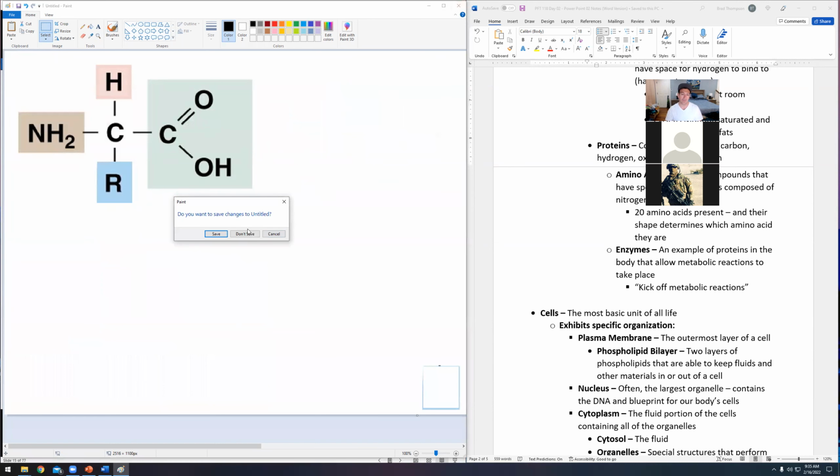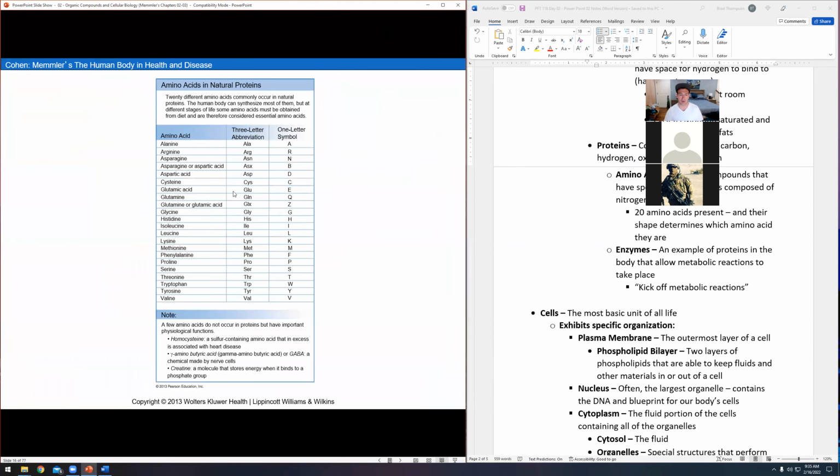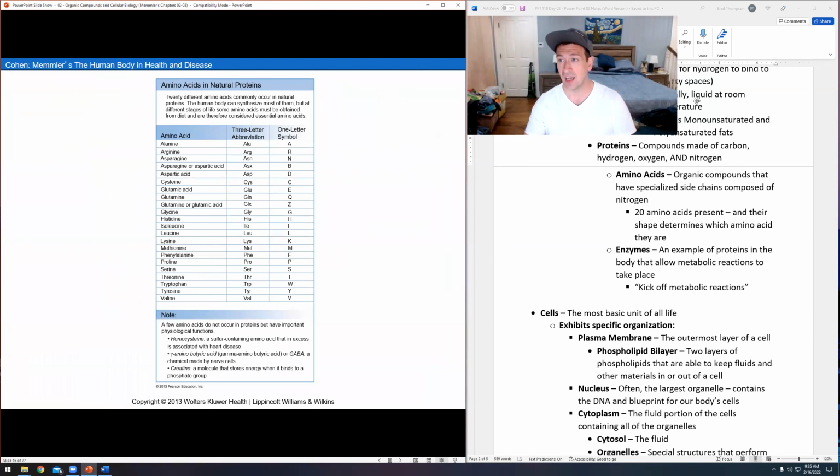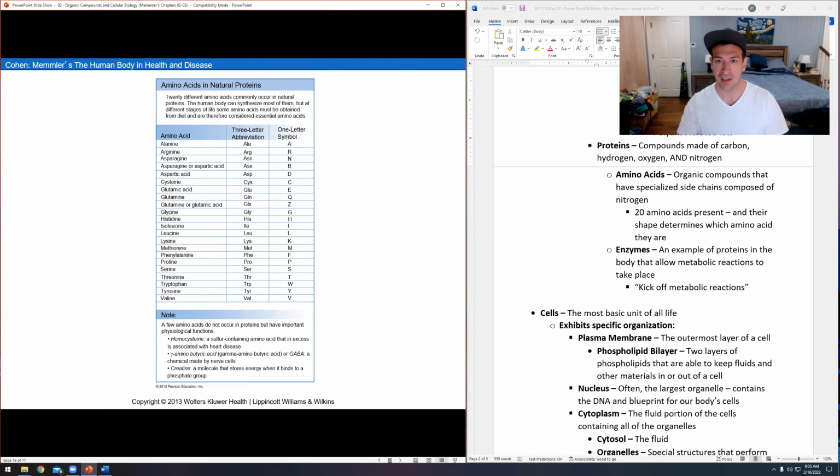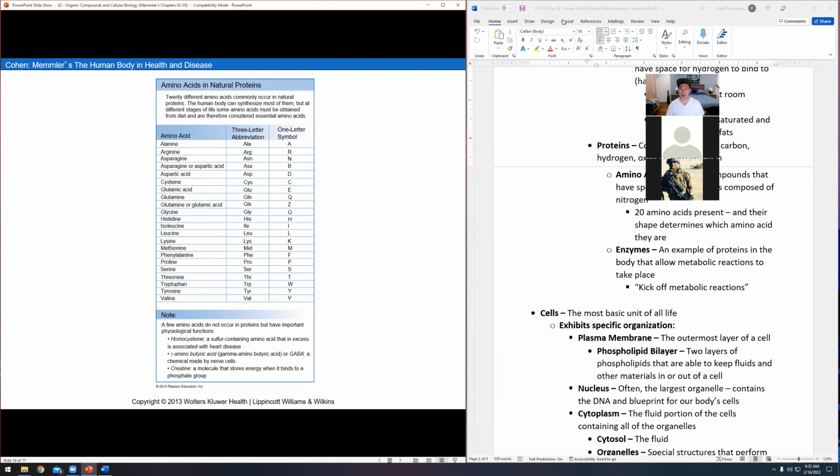So now, when we actually look at a protein, here they all are. Here are your amino acids. That's the list of 20. You guys do not need to memorize this. My nutrition folks, we've already said that, but I've seen people try to memorize their amino acids.